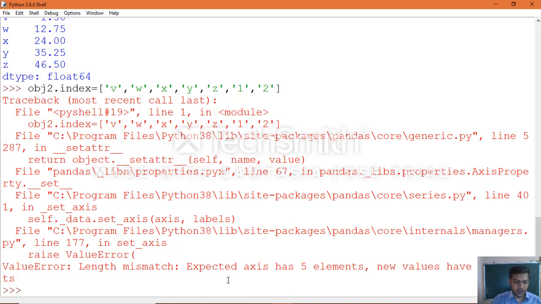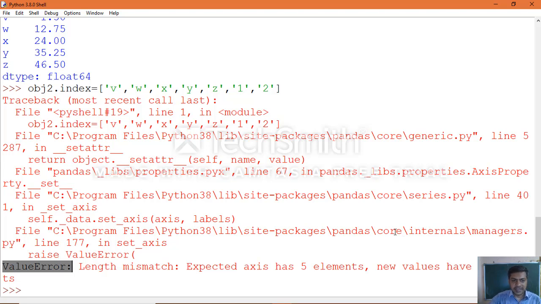See, ValueError, which you can see clearly: length mismatch, expected axis has 5 elements, new values have 7 elements. It requires only 5 values, but we are trying to increase by 2, so it becomes 7. That will not be allowed because series object size is immutable and cannot be changed once you define it.